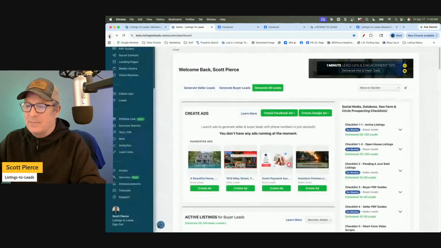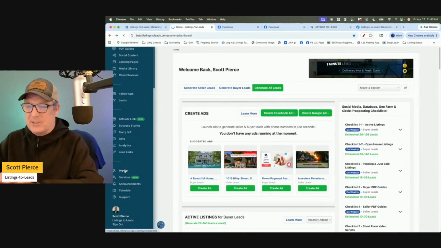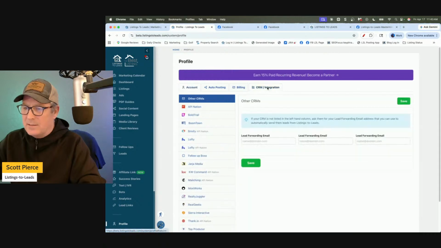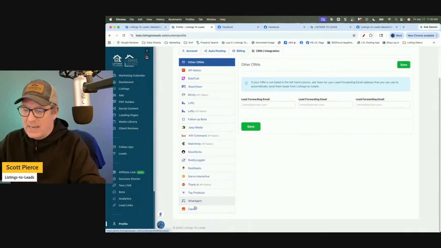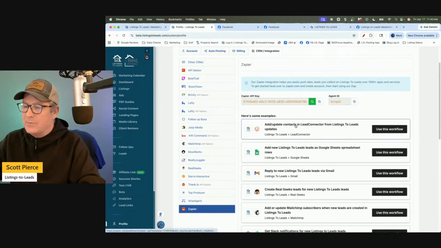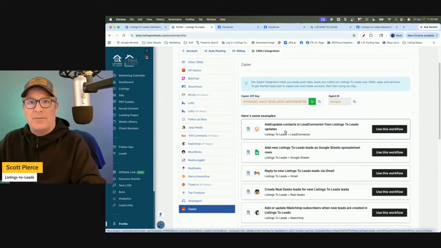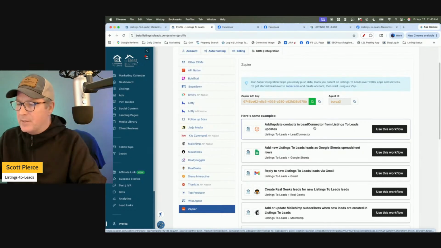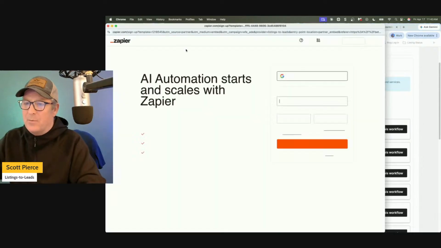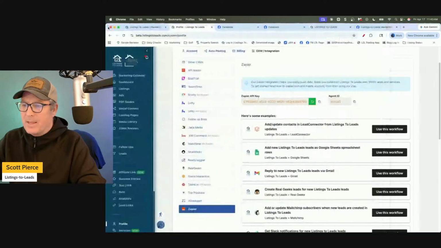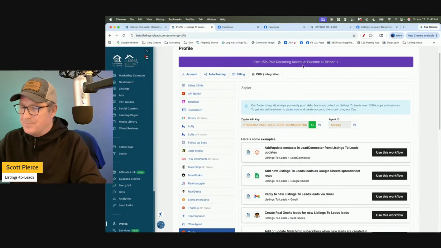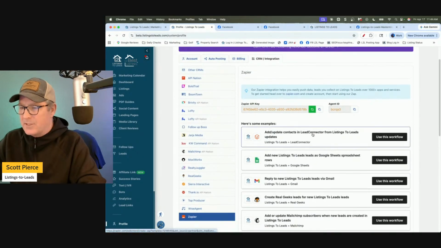Give me a second. Sorry about that. Sometimes my screen just blows up. Let me go back. So profile, CRM, and I was looking at Zapier. And I was just going to mention Go High Level in particular. There's API Nation for Go High Level, and there's also Zapier. And we're actually going to be working on a direct API, I think, with Go High Level soon. But anyways, lead connector is Go High Level for all of you Go High Level people.